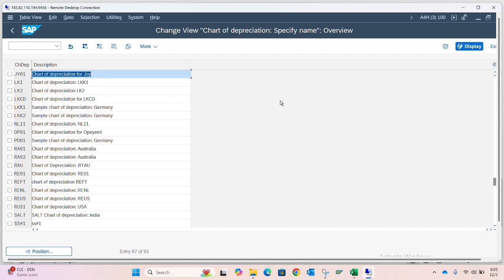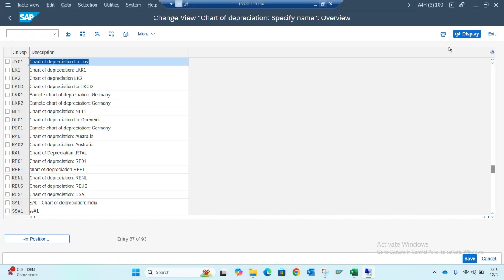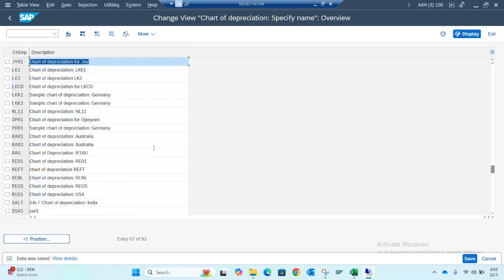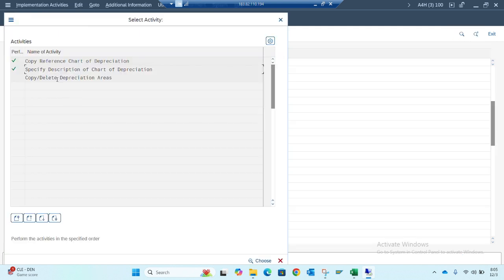I'll enter and I'll click on save. I'm using Ctrl S to save, or I save from this place. I'm saving it now, clicking it. So I've saved it. The next thing I will do is to go and copy or delete depreciation, because when